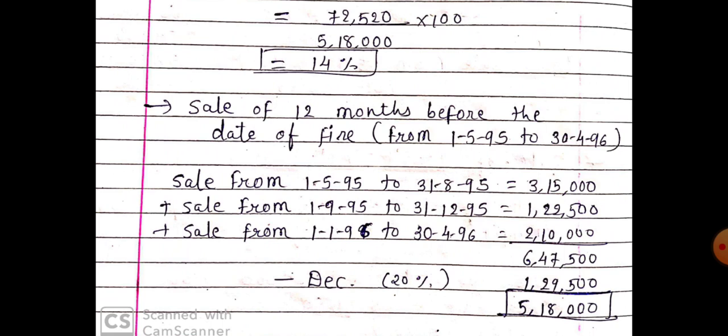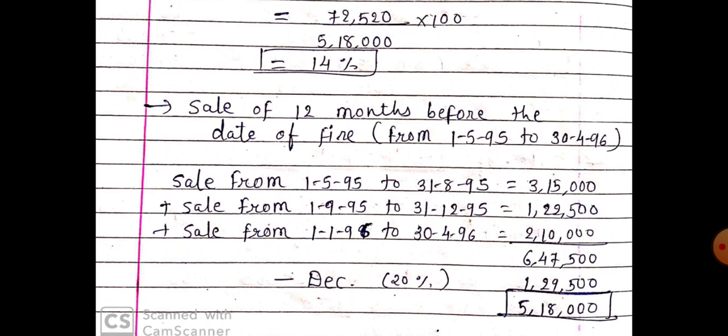Time period starts from the 1st May 95 to, after 12 months, 30th April 96. This is also given in the problem, but in 3 quarters, that is from May to August, from September to December and from January to April. So we add these 3 and we get the sales of 12 months. Sales from 1st May 95 to 31st August 95 3,15,000. From 1st September 95 to 31st December 1,22,500. From 1st January 96 to 30th April 96 rupees 2,10,000. Total would be